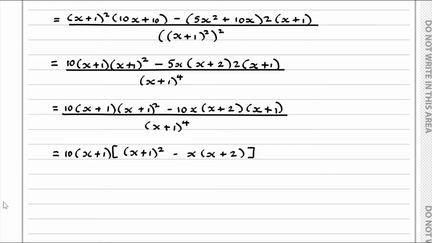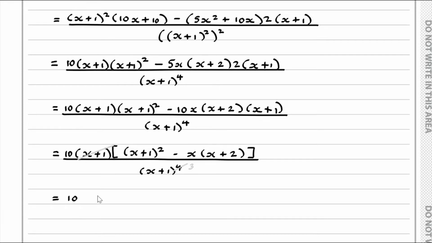And on the bottom we have x plus 1 to the power of 4. And hopefully you can see the x plus 1 here cancels with this fourth power to give us a third power. So